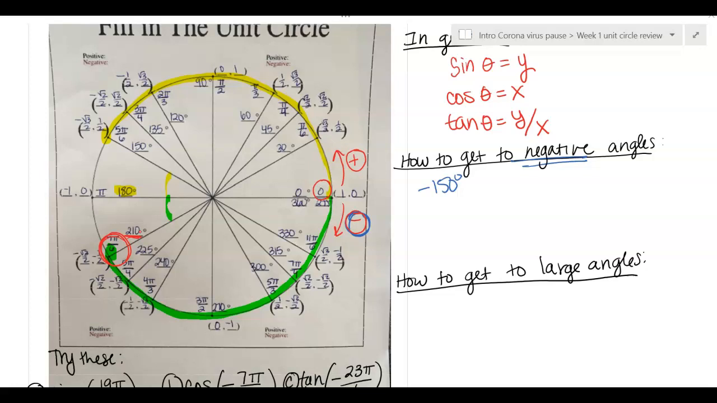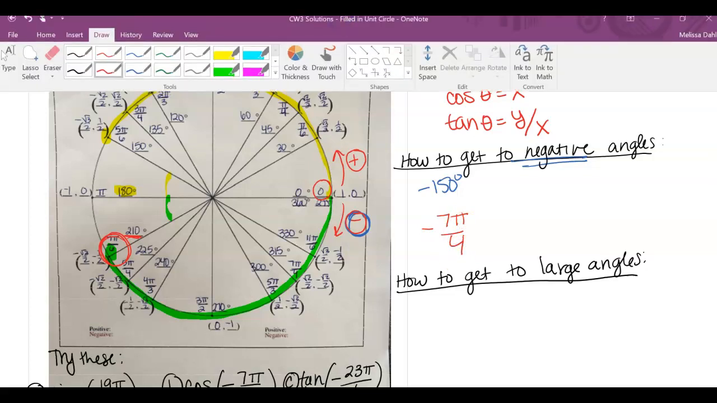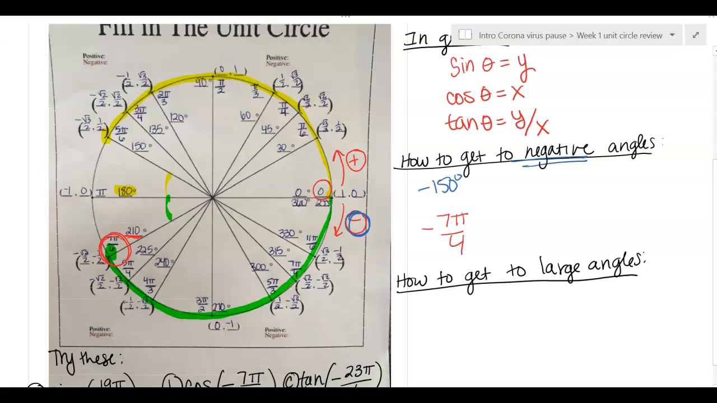Okay. Let's say they gave us negative 7 pi over 4. Okay. So I'm going to erase what I had on here and kind of do the same thing just with that one. So if we erase,